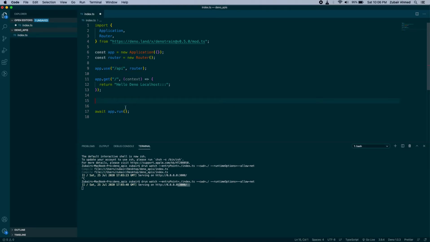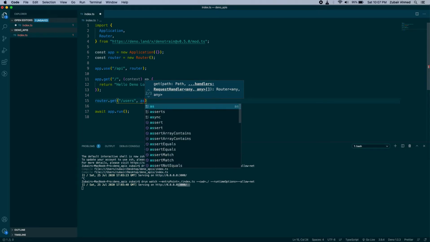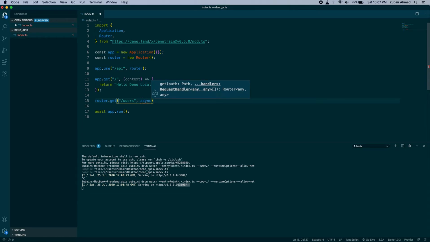So we will quickly see router.get /users, and then we will use an async function because it will be fetching the data for us, whether it is from a database or from another API called JSON placeholder.